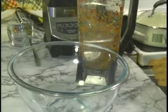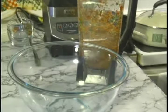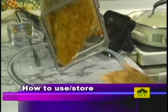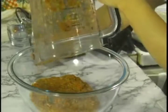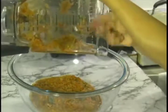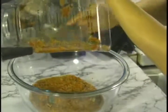Now that you have your ingredients all together, blended, you just want to mix them in the bowl. Believe it or not, this is actually one of the most important steps, because this is the time where you can mix all of your ingredients together and really get a feel or smell or whiff or a taste for how your sofrito is going to come out. It's also your opportunity to figure out what ingredient you're missing, what ingredient is overpowering the other ingredient, or what